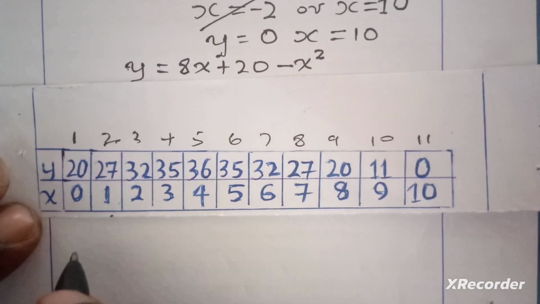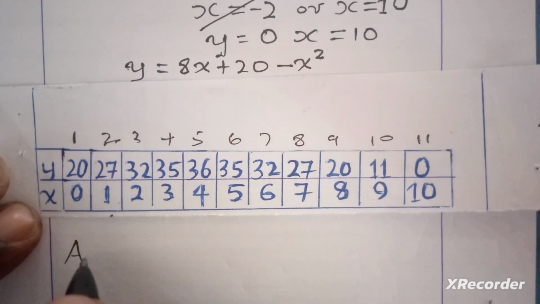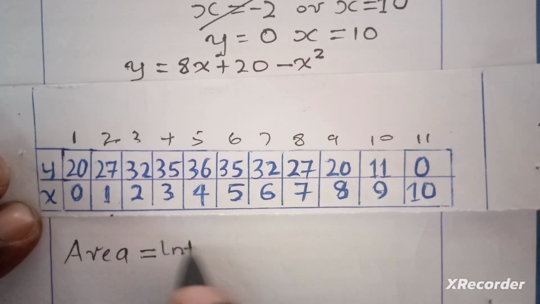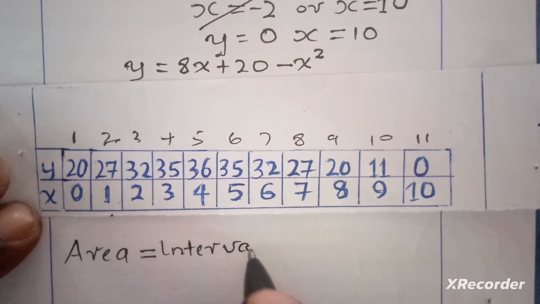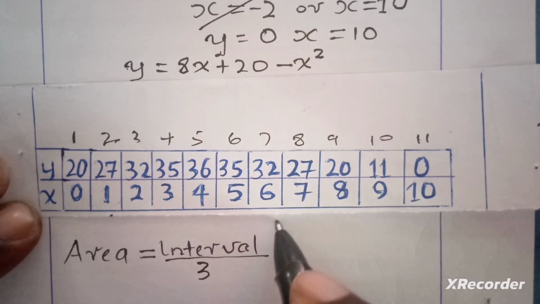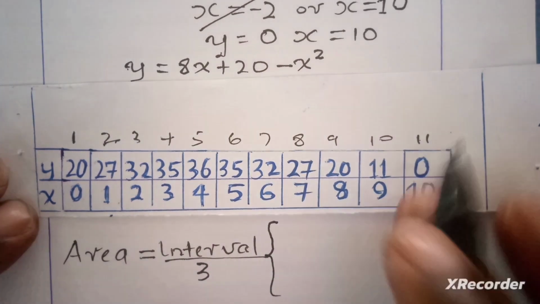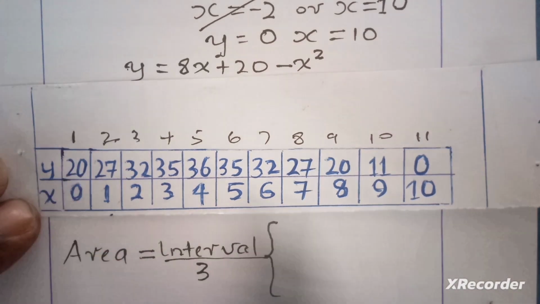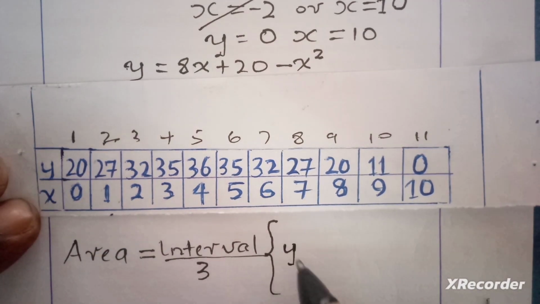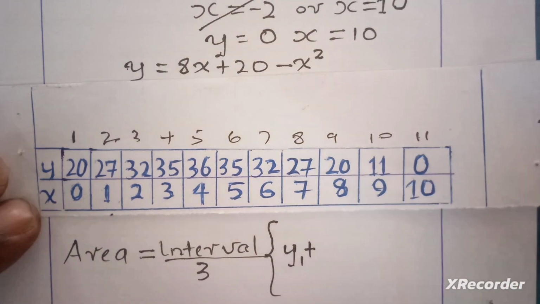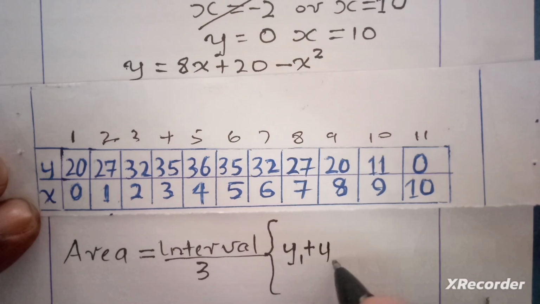So to calculate directly, we say area is equal to interval, and remember that the interval is found on the x-axis, divided by 3, and then we have the first ordinate here, which we call y1, plus the last ordinate, y2,